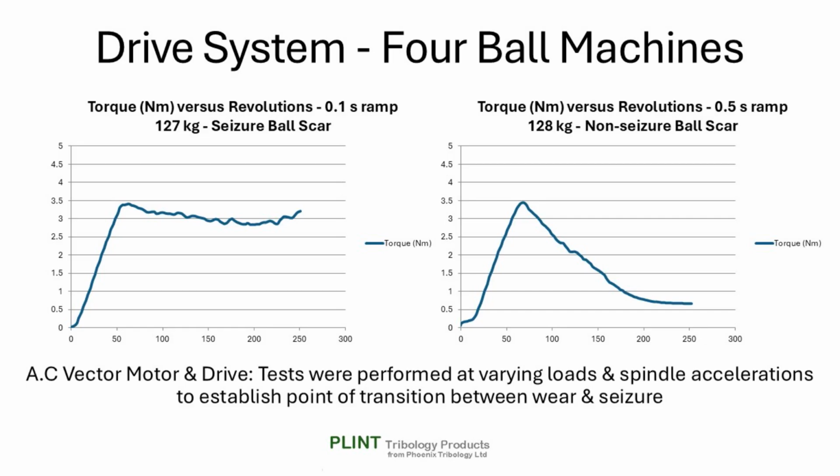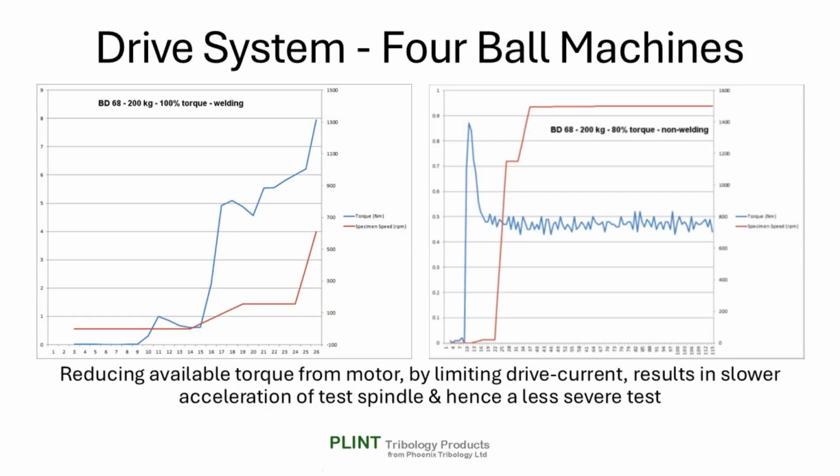Our tests confirmed that spindle acceleration with an electrically and mechanically stiff driving system influences the initial seizure load. So, what would happen with a less stiff drive? In other words, with a motor where the acceleration is affected by the frictional resistance. To investigate this, tests were run with the drive current limit reduced, thus making spindle acceleration more dependent on friction